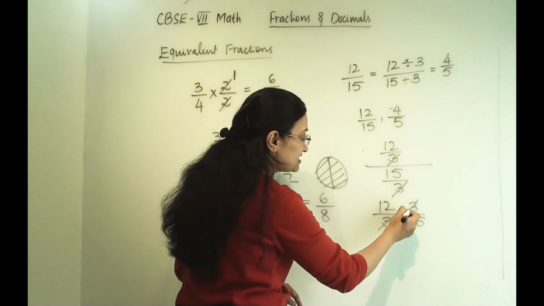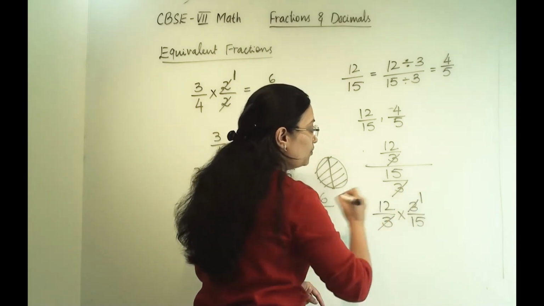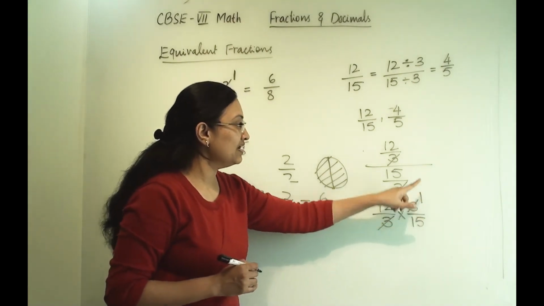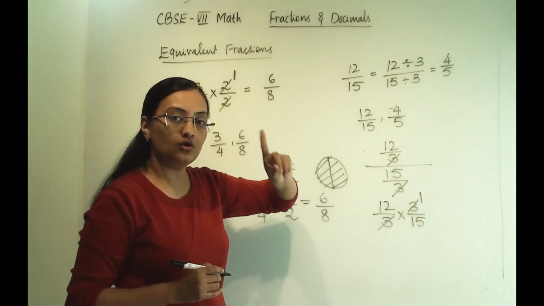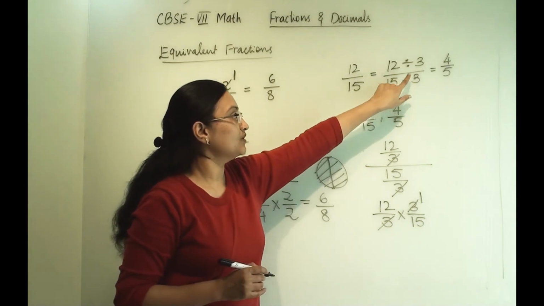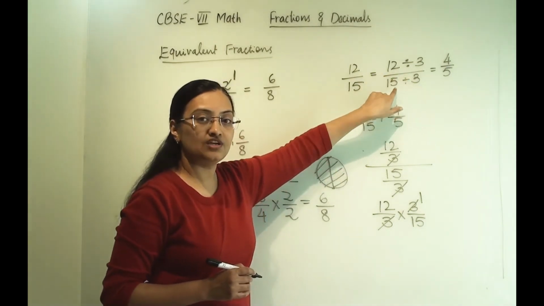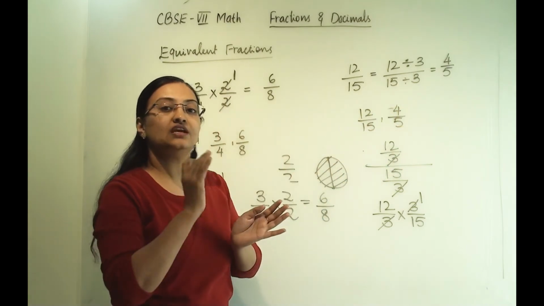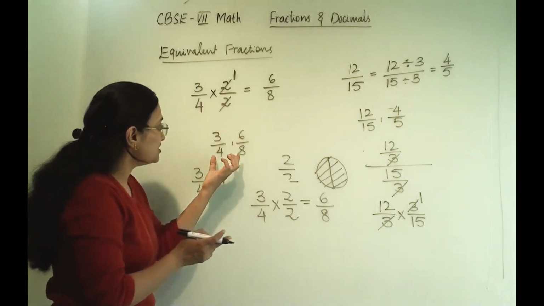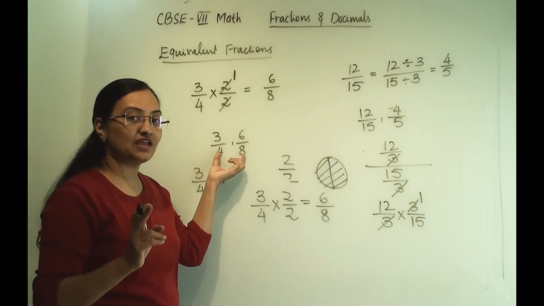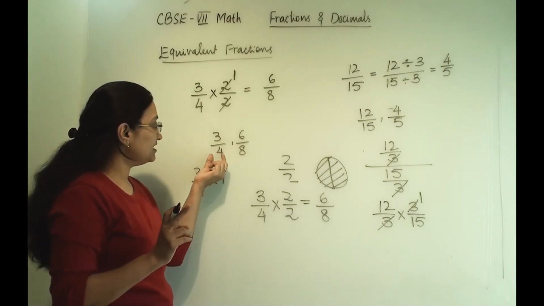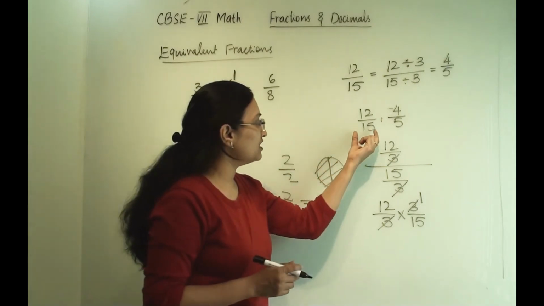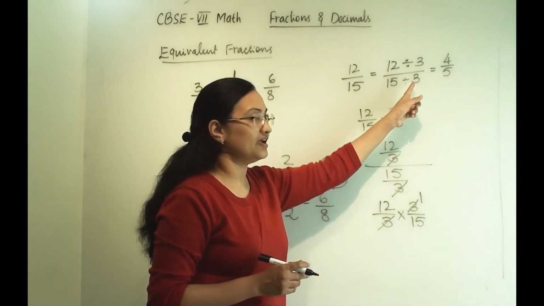In either case, the 3 will give us 1. 3 ones are 3. So again, we are taking a whole part and dividing with the same number. That means we are not changing the fraction. That is the concept of equivalent fraction. But these two fractions are not the same. We have converted this fraction into this via multiplication, and this fraction into this via division.